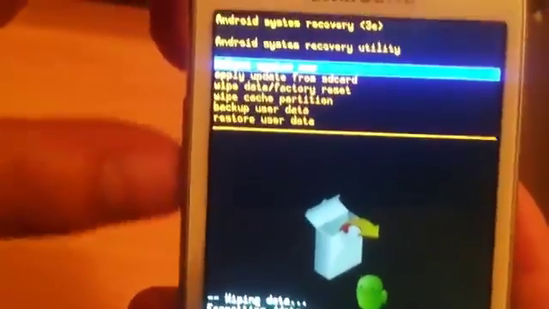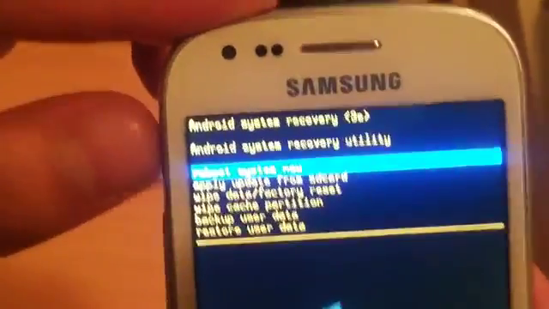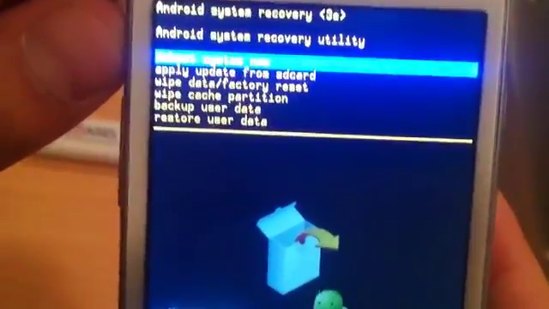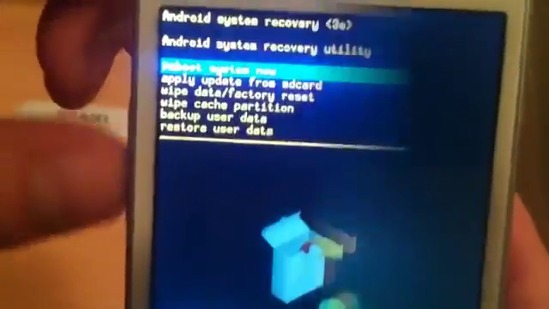Okay, now what you're gonna do is reboot your system. Now just select reboot system now, this one, and press the center button or menu button. Okay, now our phone is rebooting. Just wait for it to restart.